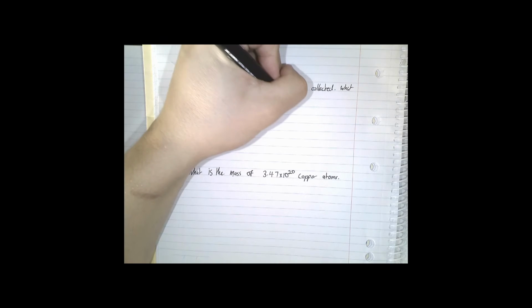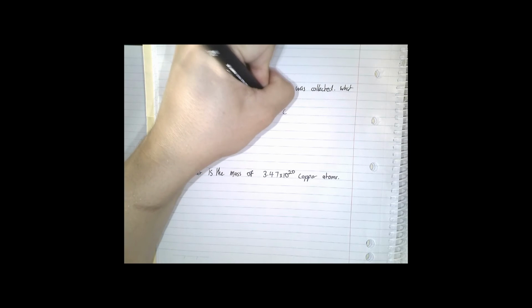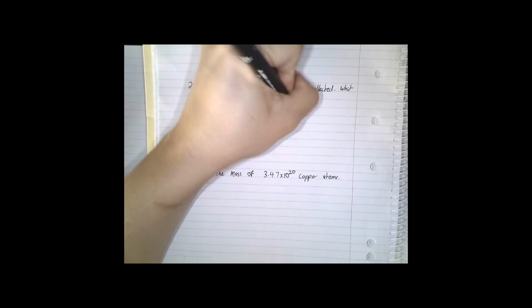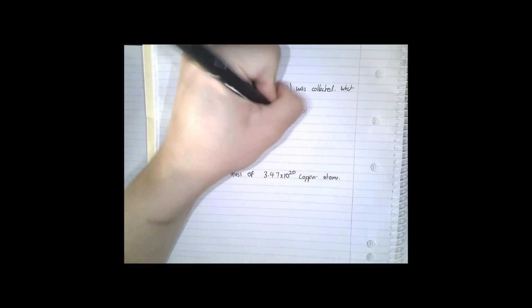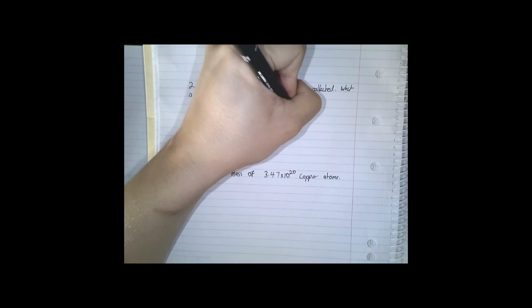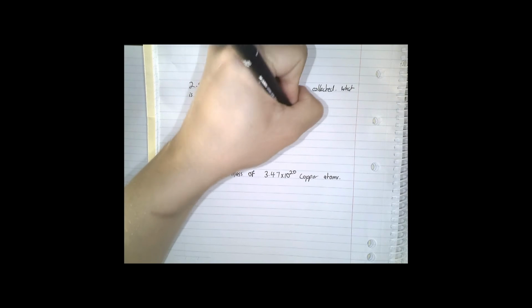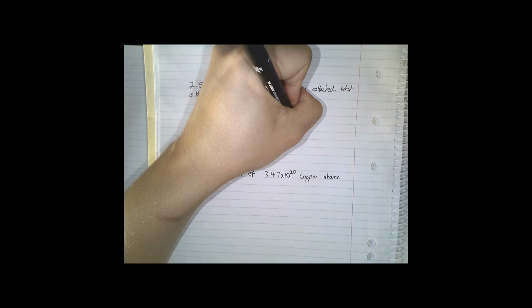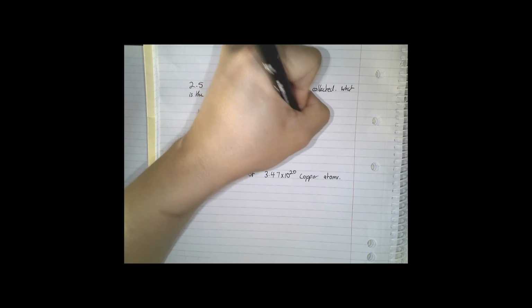For ethanol, we have 3 different substances. We have carbon, which has a molar mass of 12.01. So I'm going to write that like that. The molar mass of carbon is 12.01. We also have hydrogen, and its molar mass is equal to 1.008 grams. And the molar mass of oxygen is exactly equal to 16, I believe, or 15.99, depending on what periodic table you're looking at. I'm just going to run with 16.00